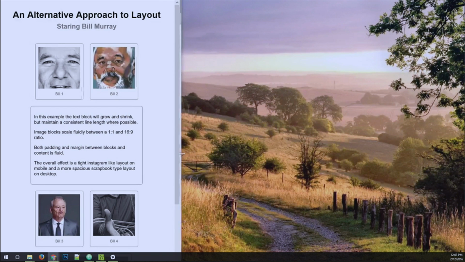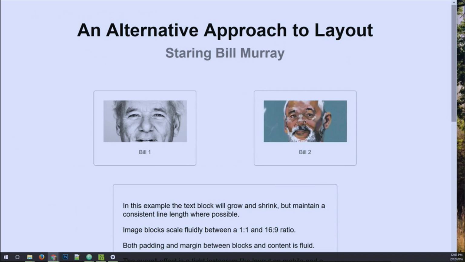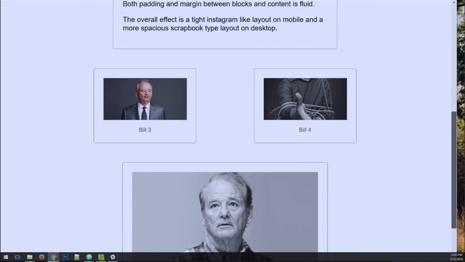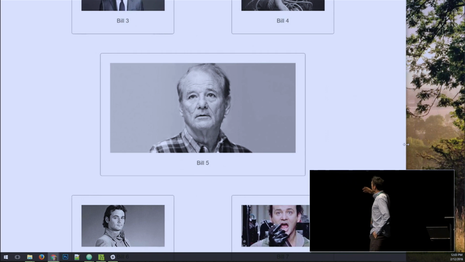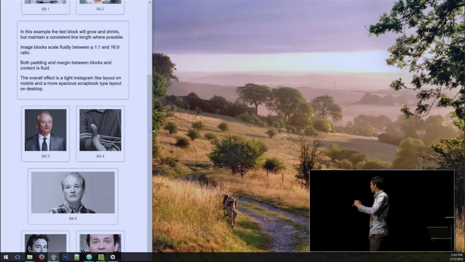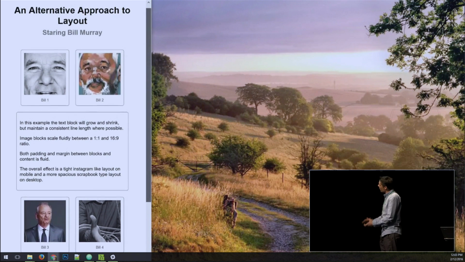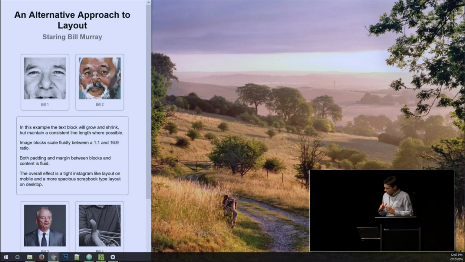The images are transitioning between a 1:1 ratio and a 16:9 ratio, so square and rectangle. The spacing around the boxes is changing relative to the available space in the viewport, as well as inside those boxes, so they're spreading apart as well as spacing themselves out. And the result is like a tight Instagram-y type layout on mobile, and a more airy, scrapbooky type thing on